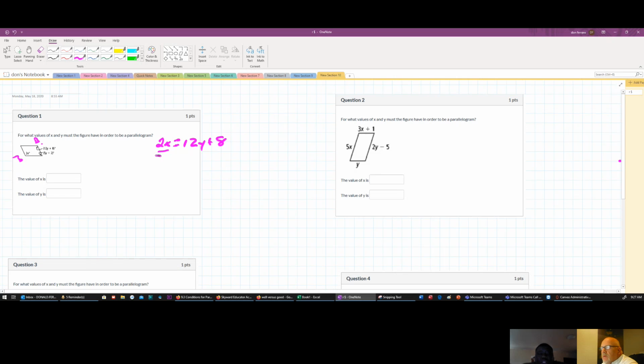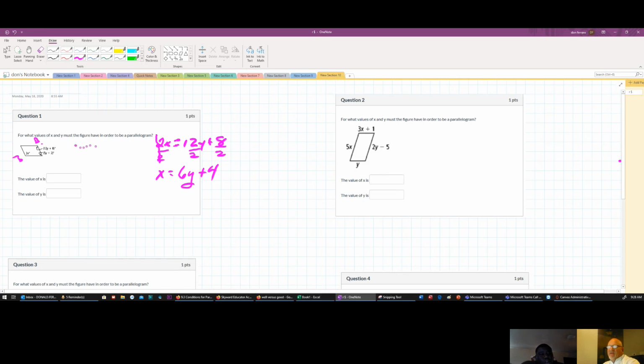You would have to subtract on this side, right? Or divide. So I'm dividing by 2, right? So if I divide by 2, now I know that x is equal to what? x equals 6y plus 4. What do you say? So now that I know that, now that I know what x equals,